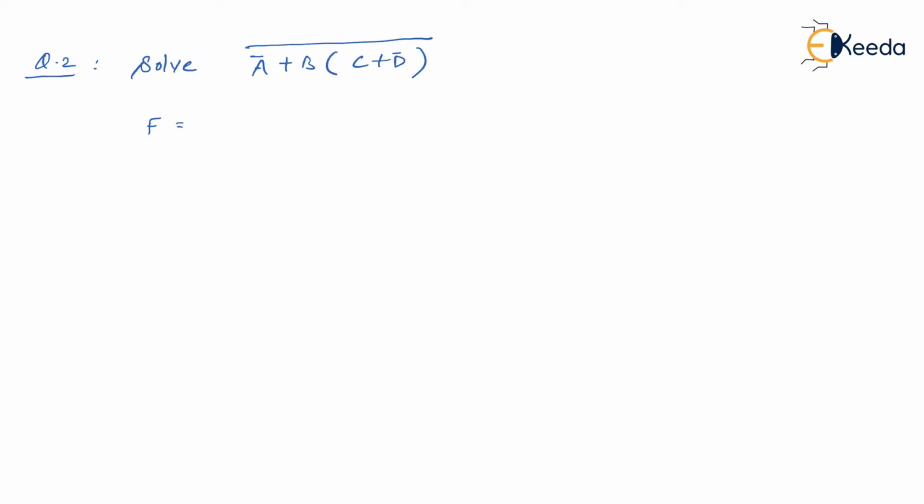So let me first of all copy F. So what is originally F? It is without bar, that is A bar plus B dot C plus D bar, isn't it? So as I said, you have to first of all write F bar. So what is F bar? Okay, I told you to solve this in 2 steps. Step number 1 is to replace sum with product and product with sum. So this is your step 1. So let us go for step 1 only.